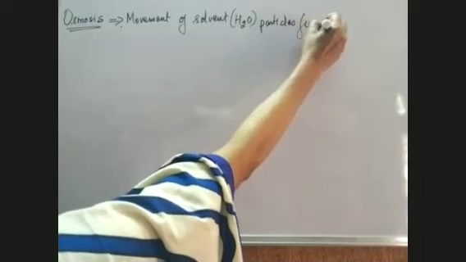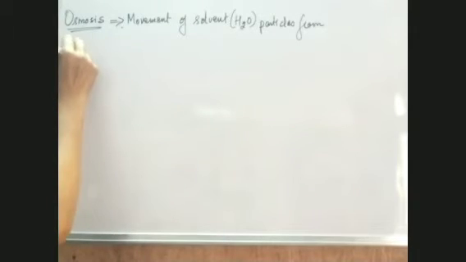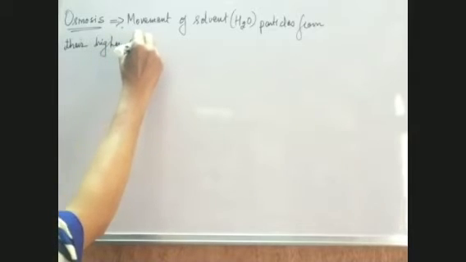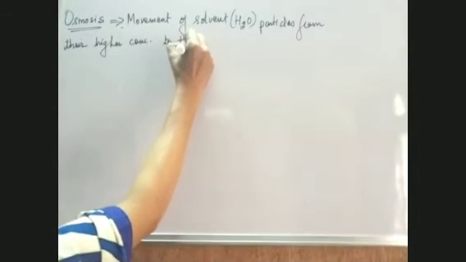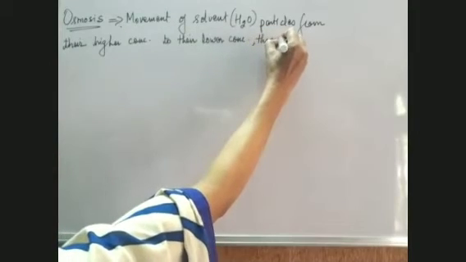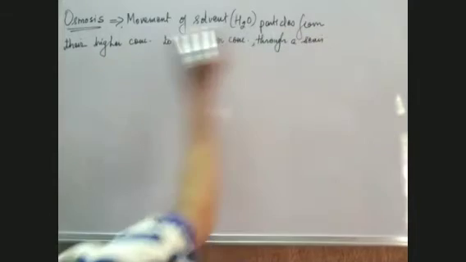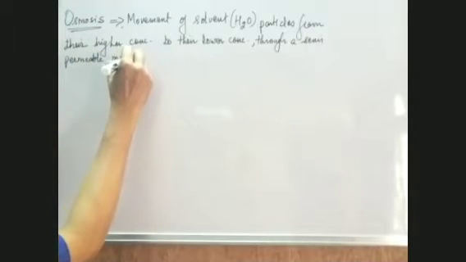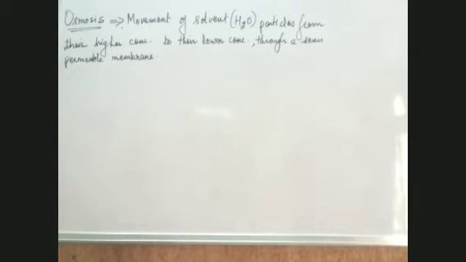So, movement of solvent particles from their higher concentration to their lower concentration through a semi-permeable membrane. Before also, when I taught you this process in class 9, I told you that when you define osmosis, you have to be very particular about writing this. Now we have to be very careful here. This is not a complete definition.